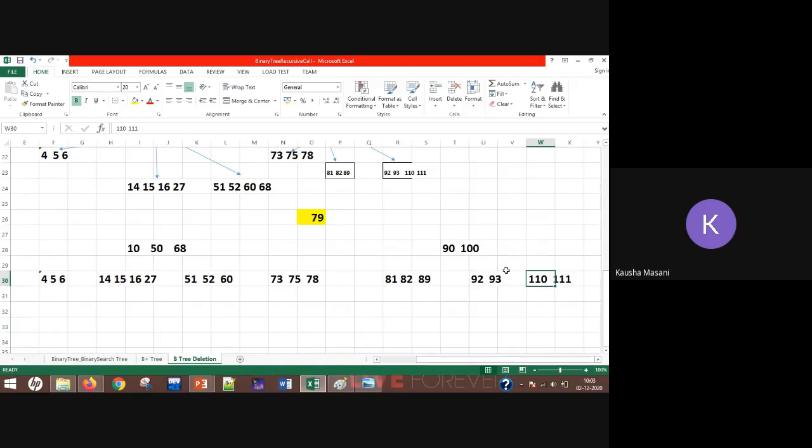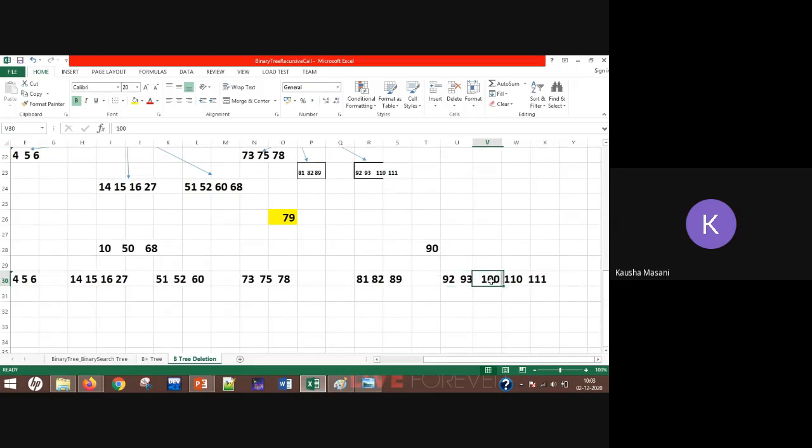If you merge it, what you're going to do is bring this 100 down, because it is a parent node. So this 100 is down, here, within the series. So this is one node now.